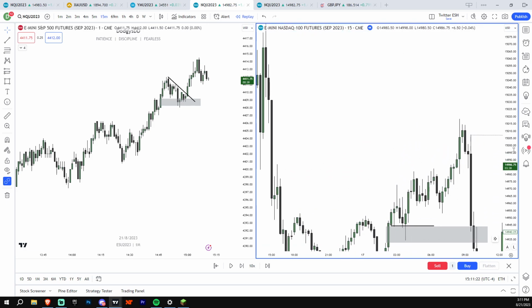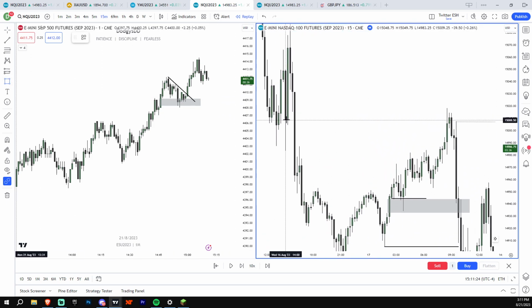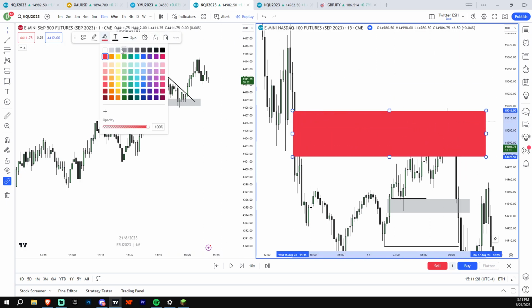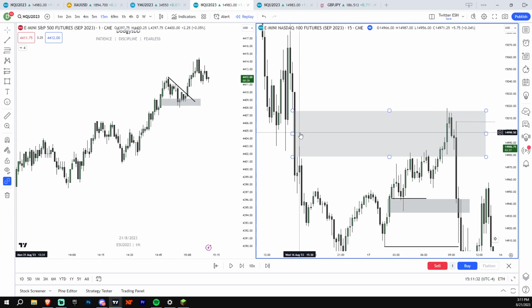Okay, so like right here, right? The only reason why I'm still paying attention to a fair value gap, even though it's like a while later over here, the only reason why I'm still paying attention to this is because this wick respected it, okay? This wick respected it. So that tells me this is a solid fair value gap. So let's see how the bodies respect it again when we get back over here.